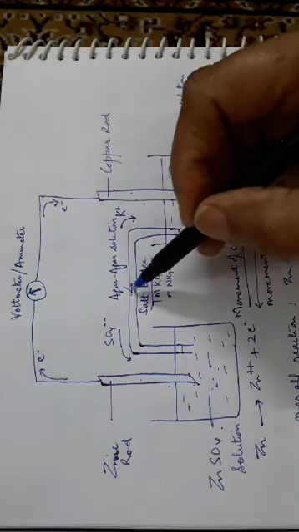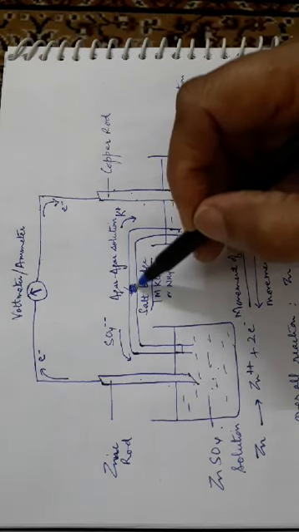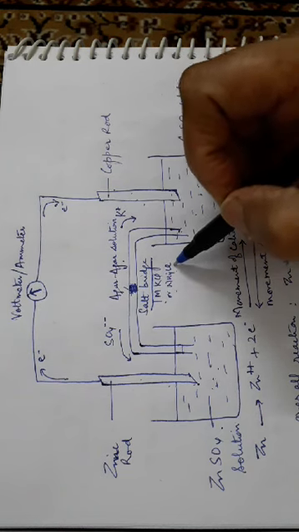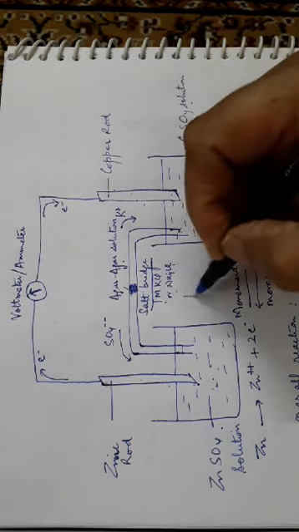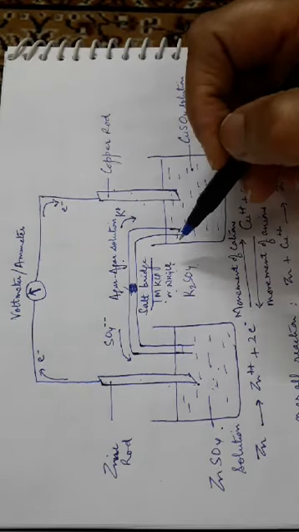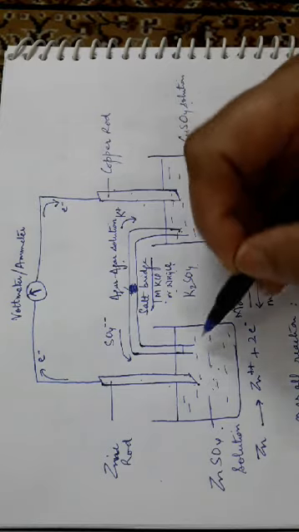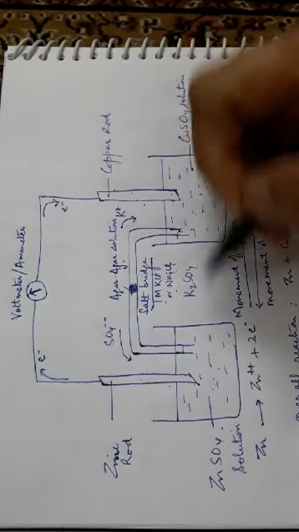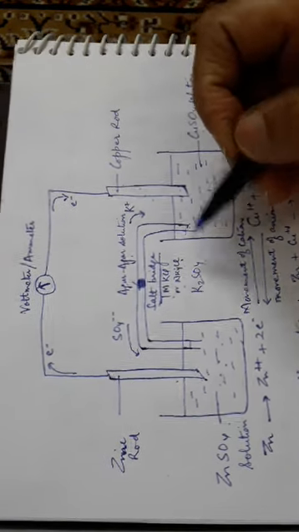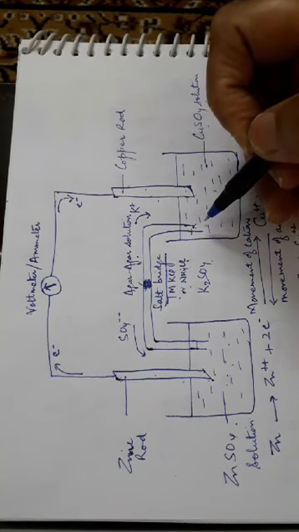What is a salt bridge? It consists of a twice bent tube which is kept like this. It consists of agar-agar solution soaked in 1M KCl, or it can be 1M NH4Cl, or K2SO4 also. As in this case, K2SO4 is taken, the sulfate ion movement and the potassium ion movement are shown. The role of the salt bridge is to provide internal connectivity to the solutions. If these two solutions are the same, then there is no need to take this salt bridge, no need to provide this internal connectivity.